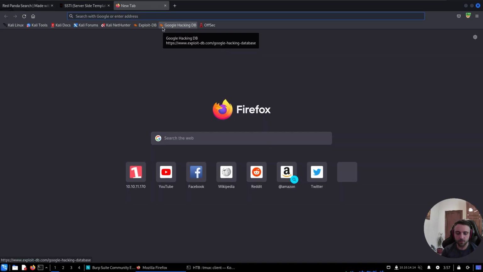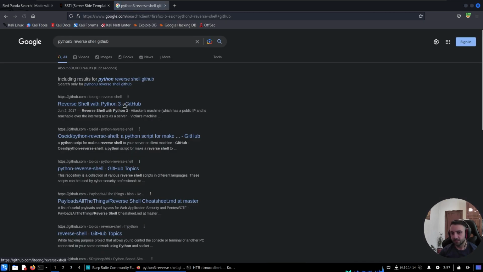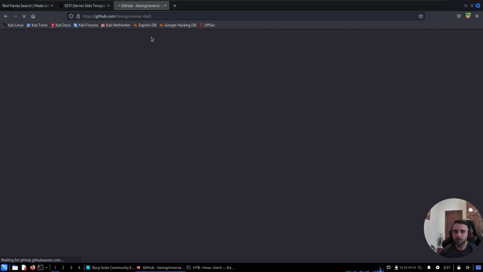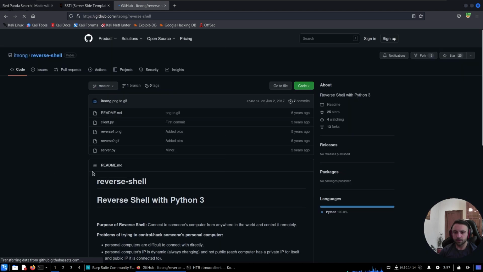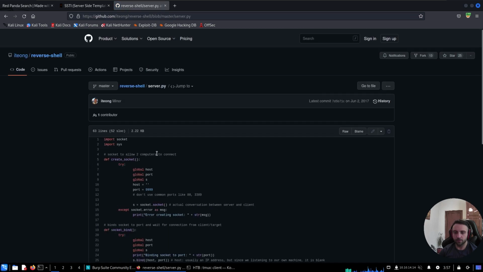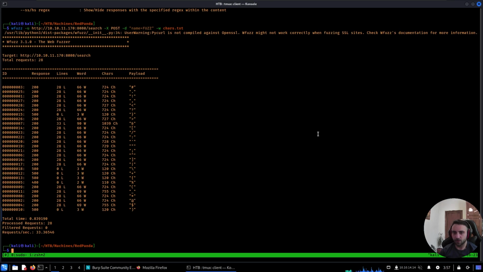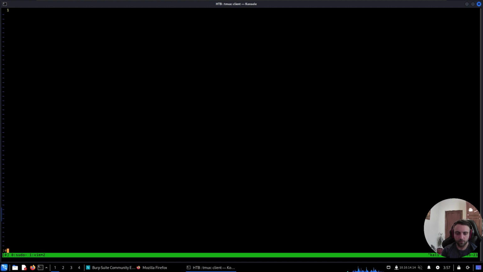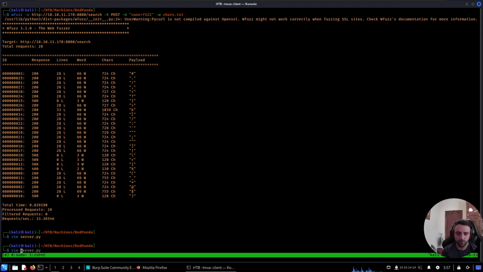Now, when you search Python 3 reverse shell GitHub, I explicitly needed to be on Python 3. Let's try that one. Of course, you can go with payloads or pentestmonkey and try these shells, but I found that to be working. So we have a server. Of course, that's going to be in the description, so you can get it from there. That's our server. So I'm going to do vim server.py, and of course paste, run that, and now do vim